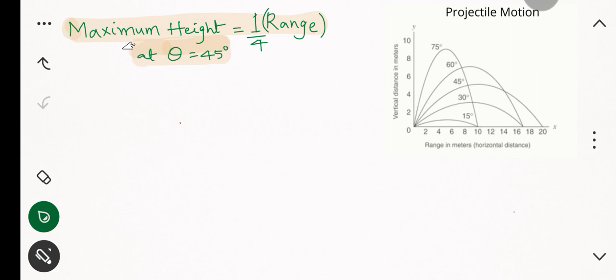Today we will discuss some problems on maximum height and range. In this problem we have to prove that the maximum height is 1 by 4th of its range at the angle theta equal to 45 degrees. We have to prove maximum height is equal to 1 by 4th of its range at theta is equal to 45 degrees. We know that maximum height